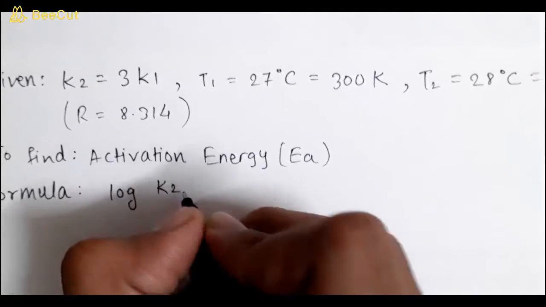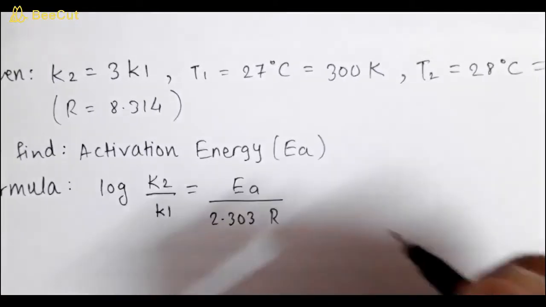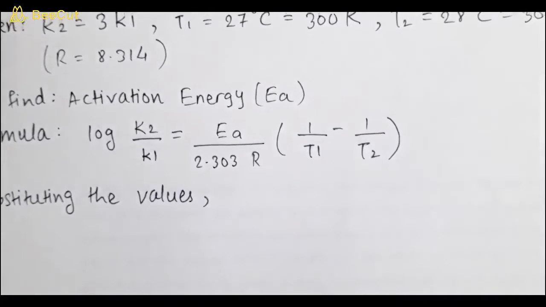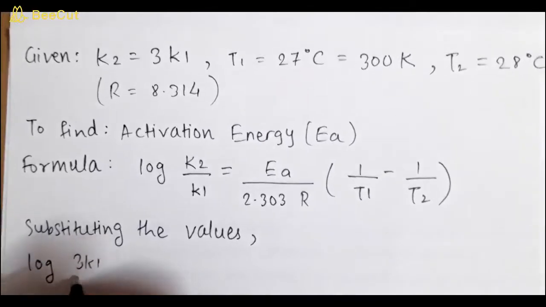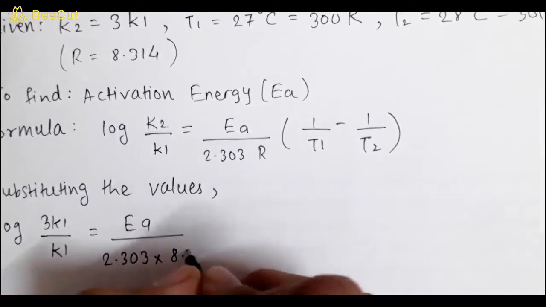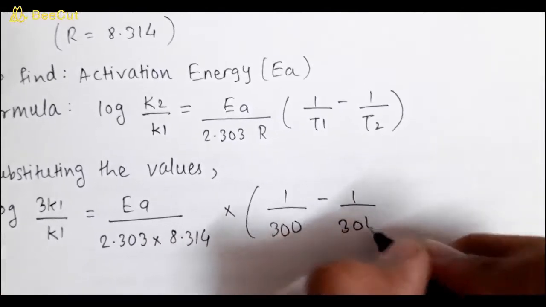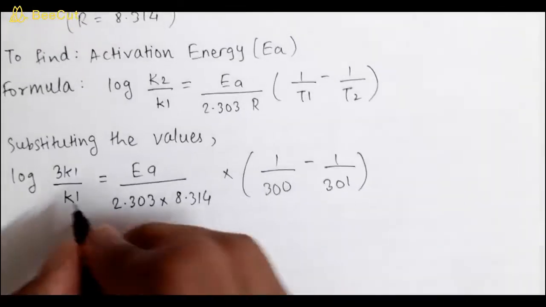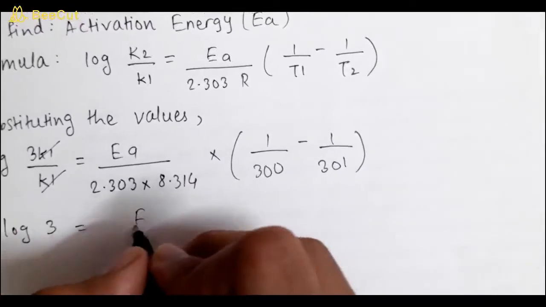Formula: log of K2 by K1 is equal to activation energy upon 2.303 R into (1 upon T1 minus 1 upon T2). Substituting the given values in the above formula, we get log of 3K1 upon K1 is equal to activation energy upon 2.303 into 8.314 into (1 upon 300 minus 1 upon 301). Cancelling K1, we get log of 3 is equal to activation energy upon